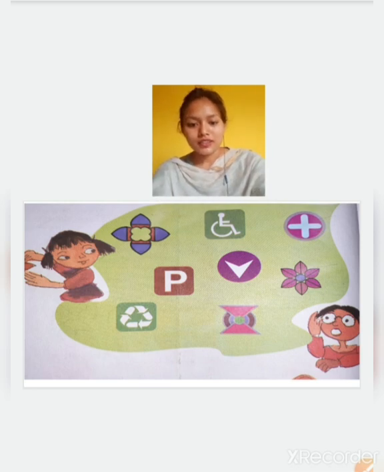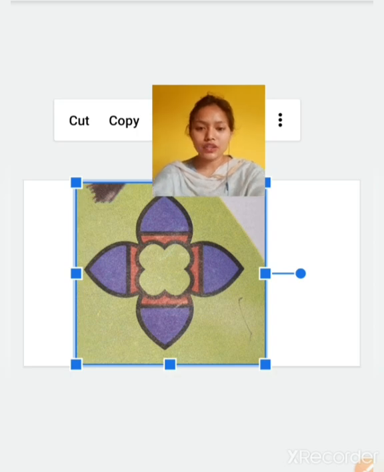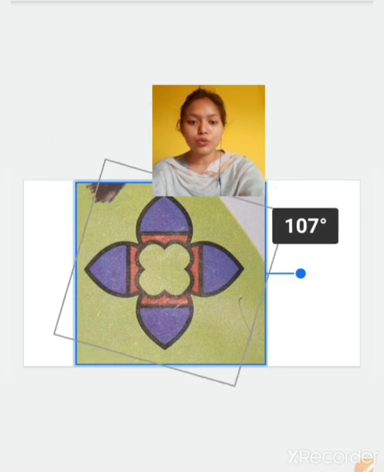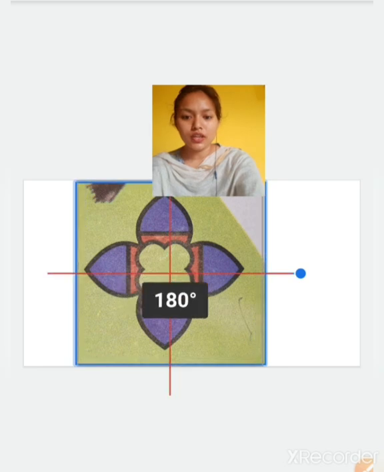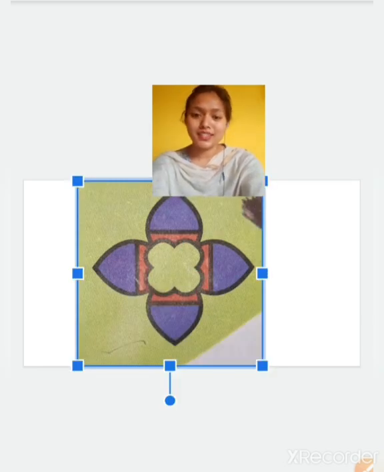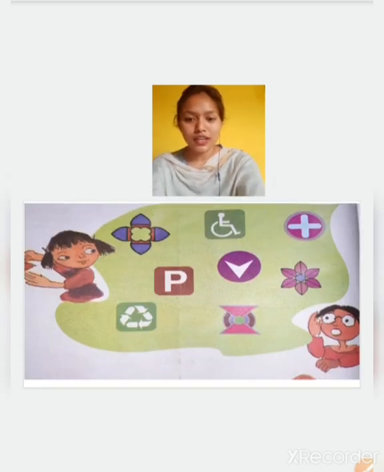Till then let's do this one. Now this one is for you. So first of all I'll rotate it. How much? 180 degree I have to rotate. If this is the starting point, so let's rotate it 180 degrees. So this is 180 degree. So are they same? Yes, this flower is exactly the same as the previous one. Can you see this one and this one, are they same? Yes, they are exactly same. Similarly you have to rotate other images also.